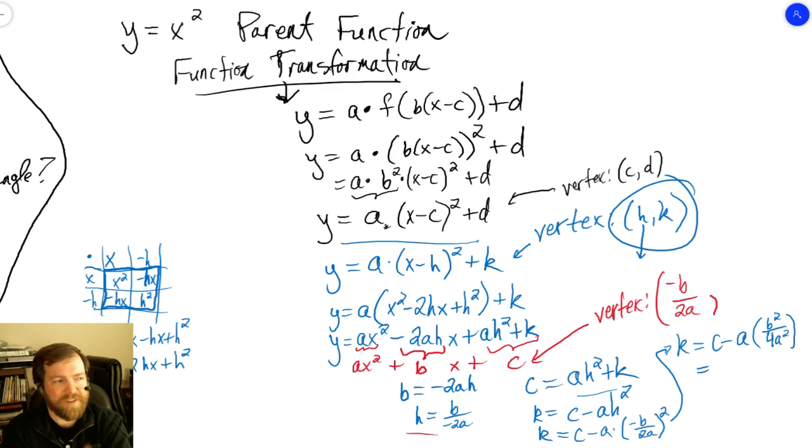Let's finish this up, and then let me see if we can go back, because yeah, we can make this work. All right, k value here, c minus b squared over 4a. It's going to be our k value. So that is now our